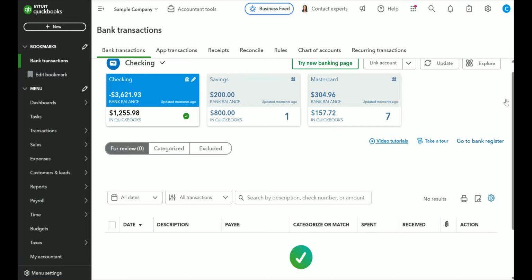In summary, when processing the bank feed, start by reviewing and confirming the suggested matches. Once those are